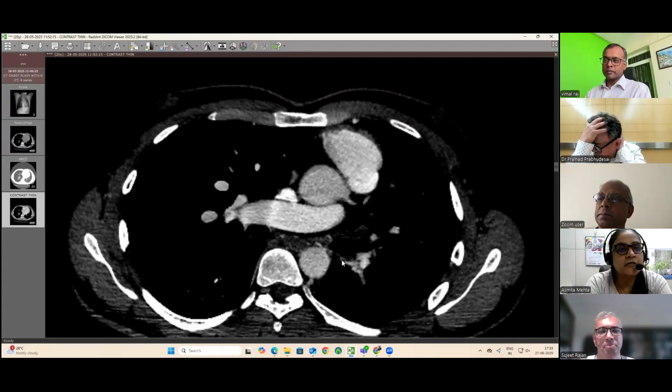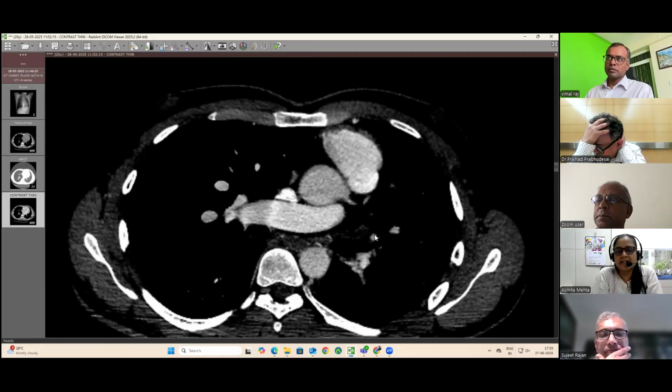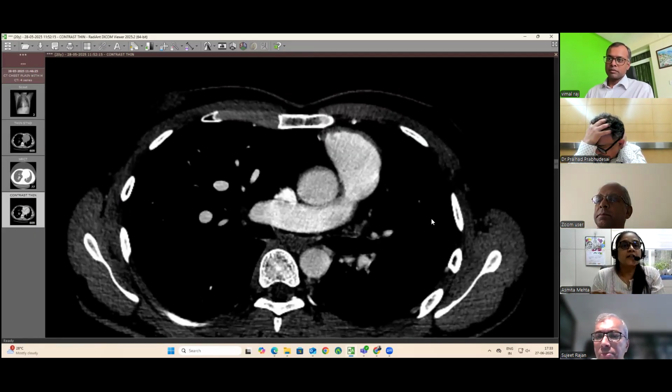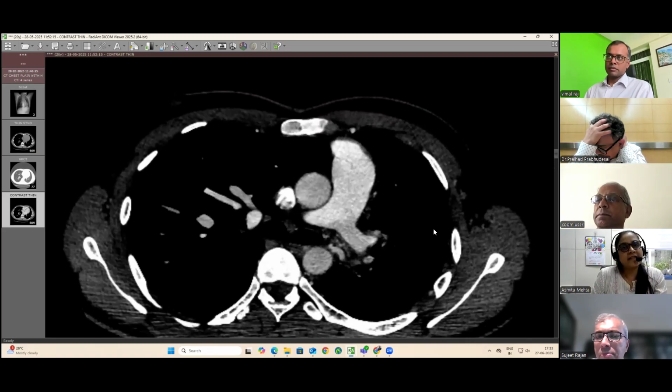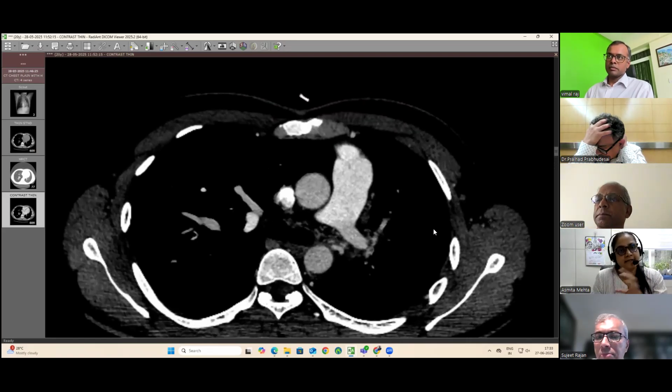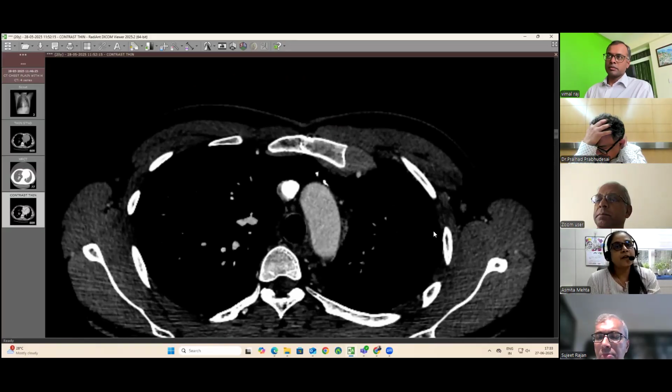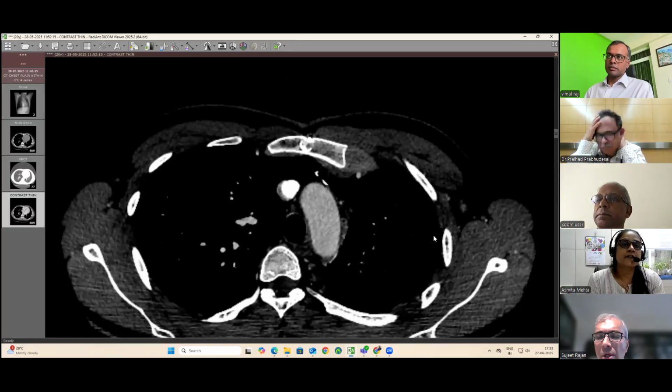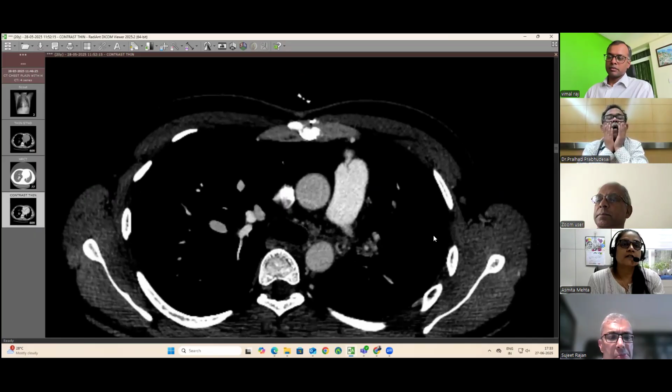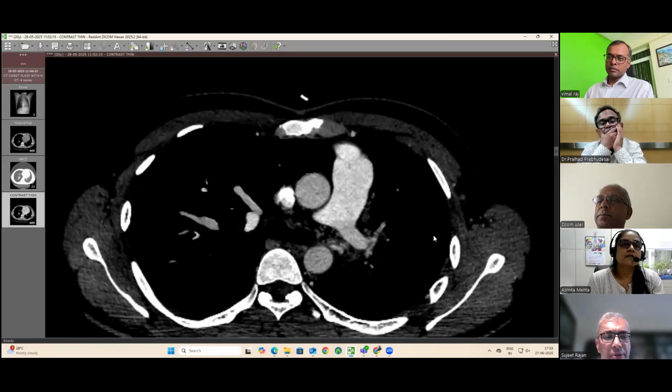So my doubt is, sir, usually we see this hypoplastic lung when there is a pulmonary artery which is rudimentary. So if the pulmonary vein is rudimentary, then also the lung won't develop. Is it the same way, or is it different? I really don't know the answer to that question.